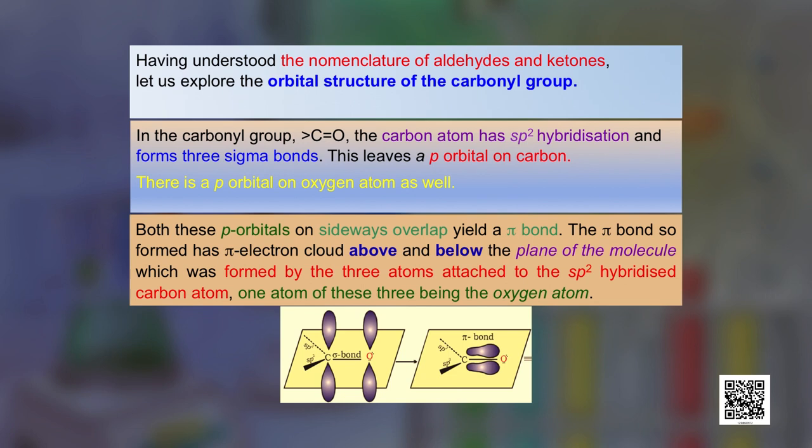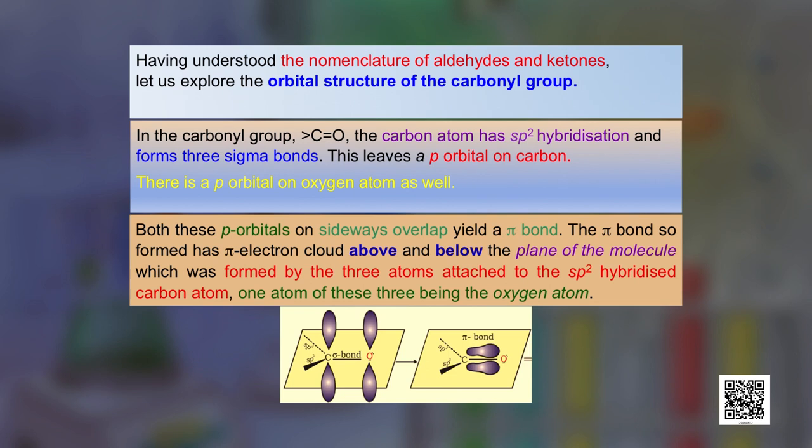Now, both the p orbitals on carbon and oxygen overlap sideways and give a pi bond. The pi bond so formed has a pi electron cloud, you can see in the structure, both above and below the plane of the molecule, which was formed by the 3 atoms attached to the sp2 hybridized carbon atom,